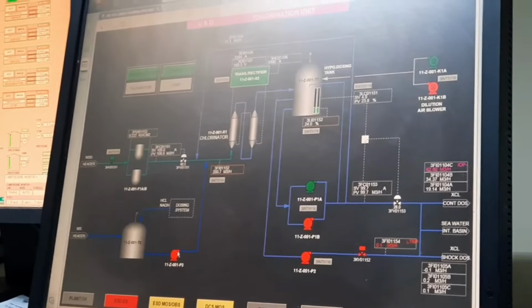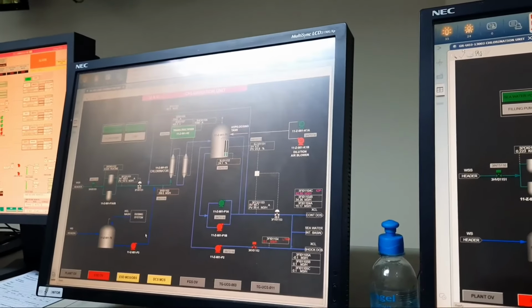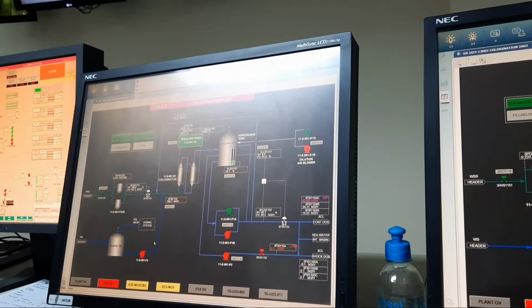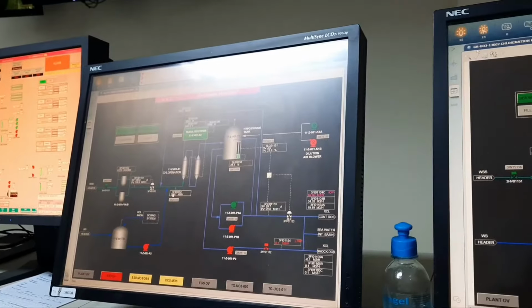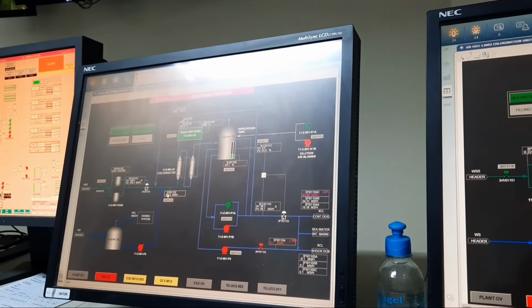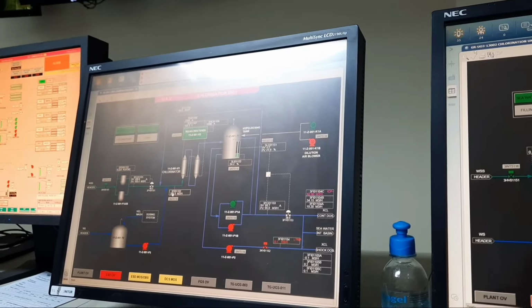Any questions about the chlorination unit? Anything? Next time, inshallah, I will show you the startup procedure, shutdown procedure, and the trip logic. Normally trip logic depends on this flow. If the rectifier current flow comes less than 150 meter cube, this plant will be tripped to save the hypochlorite generator. If you stop the blower, at that time also this plant will be tripped.